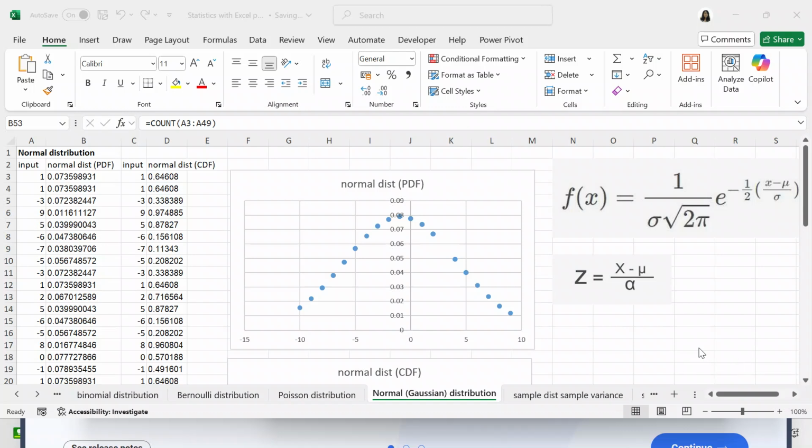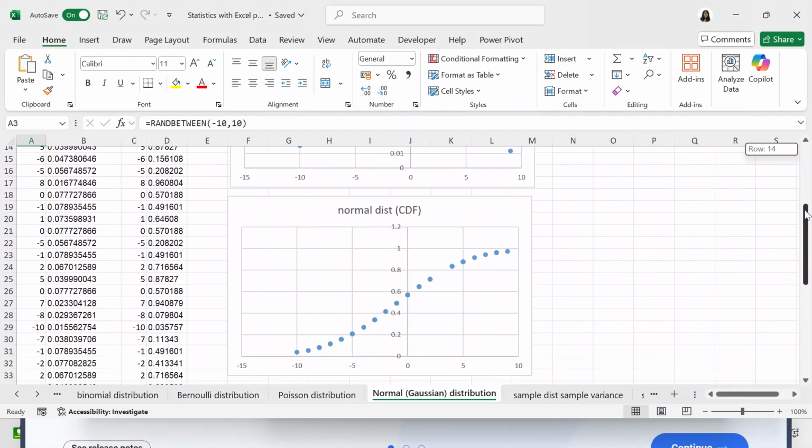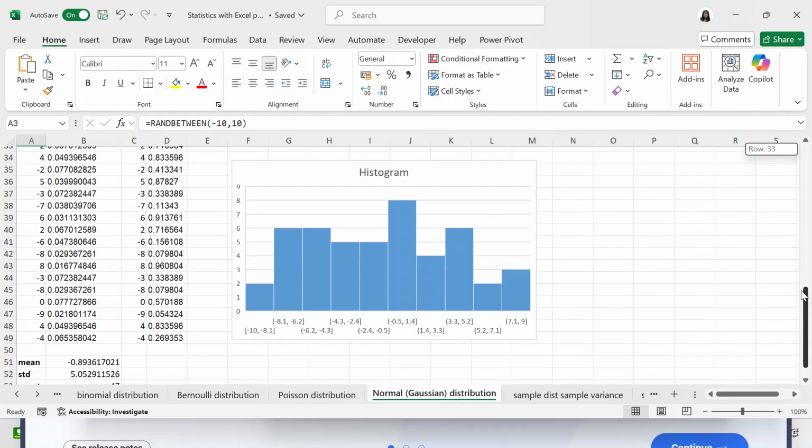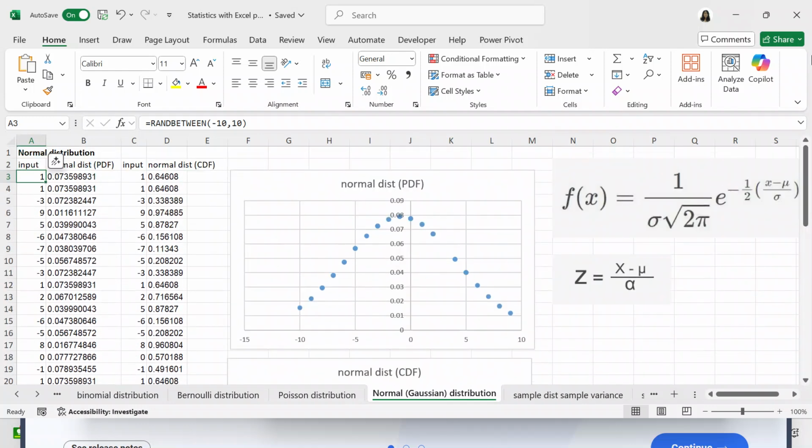some point in your statistical career, because the normal distribution is the most commonly used distribution, and it's used as the basis for many statistical tests. So the normal distribution, we're going to have a number between -10 and 10, a random integer between -10 and 10, and you're going to have, I think, 47